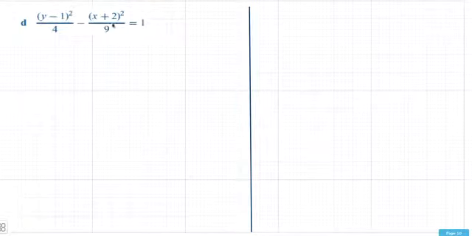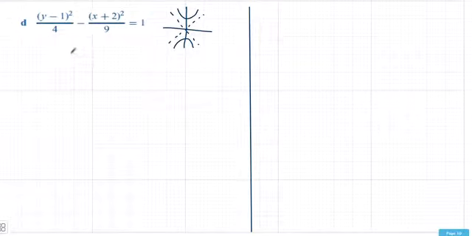So with this example, this is actually part D of work example 30, but I wanted to do the whole thing using the CAS so you can see how quickly you can do this if you're in a multiple choice situation. So first thing to do is look at the graph and the shape it's going to be. Now you know that Y here is first, so this is going to be one of those north-south type hyperbolae, which means we're going to look for Y-intercepts, and we also still need our centre and our